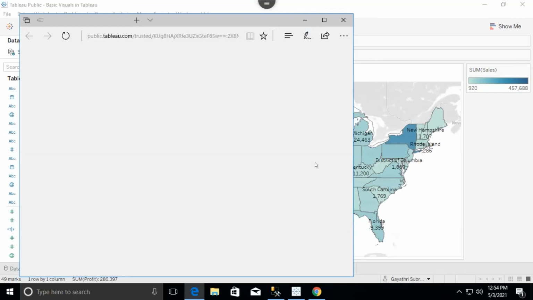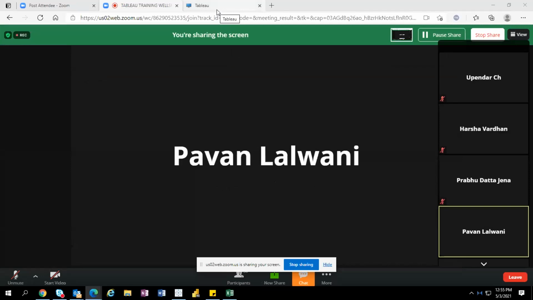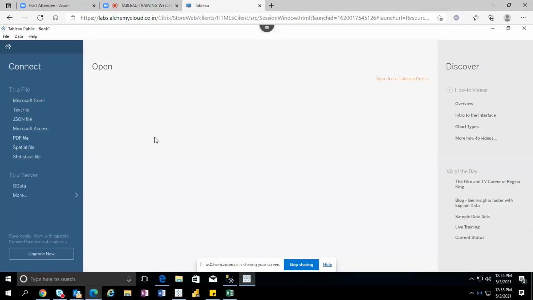Yes, so you can stop sharing and let him share the screen. Sir, please share your screen so I can tell you what the process is. Anyone else who's getting an issue, who's not getting Save to Tableau Public, please share your screen. Yes, Pawan. My data actually went out once I created my account. Shall I share my screen? Yes, Febin. Yeah, this is how I'm getting it.